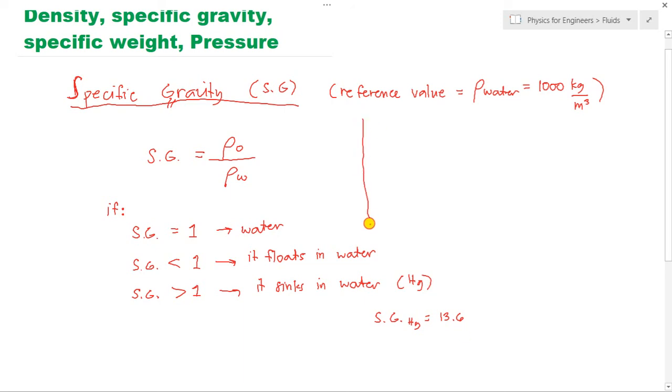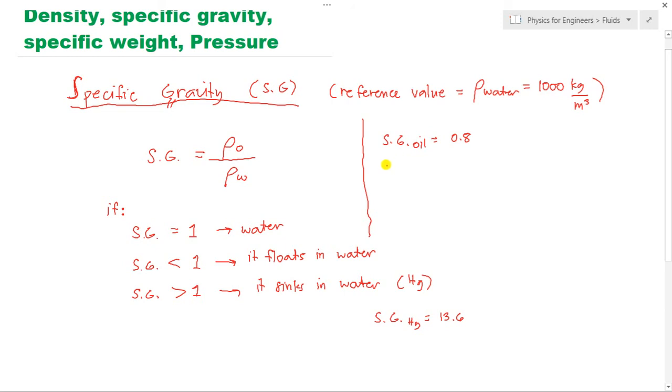Now, let's say you are only given the specific gravity of a certain object, and your goal is to find the density of the object. What will you do? Let's say the specific gravity of an oil is equal to 0.8. This is a true value because 0.8 is less than 1. As you know, oil floats in water because oil is less dense than